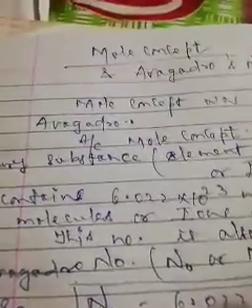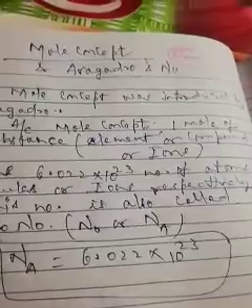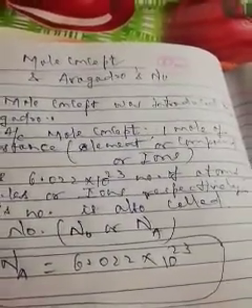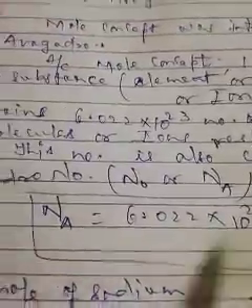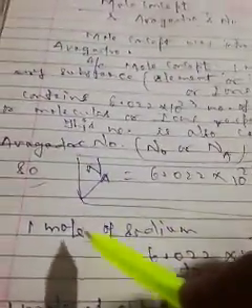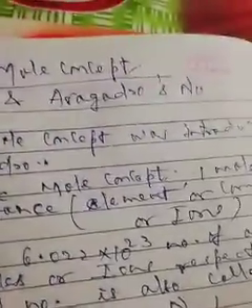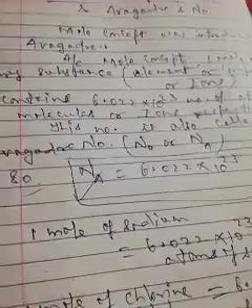If you are talking about a compound, then a fixed number of molecules, 6.022 × 10^23 molecules. If we are talking about ions, then 1 mole of ions is also 6.022 × 10^23 ions. This number 6.022 × 10^23 is called the Avogadro number. The symbol is Na or No. This hypothesis was given by Avogadro, and this is known as